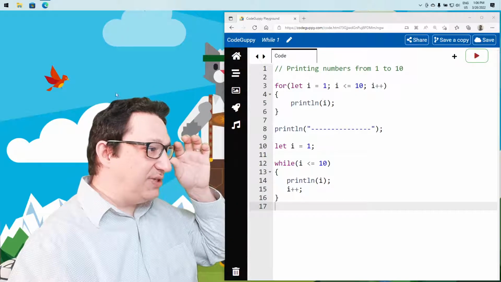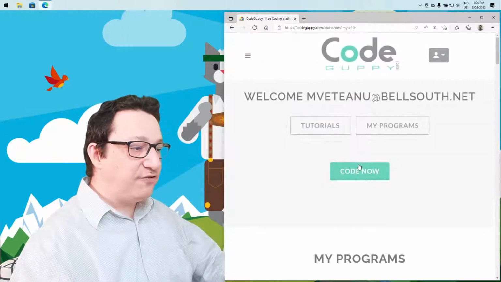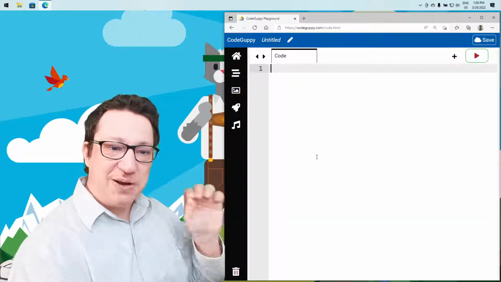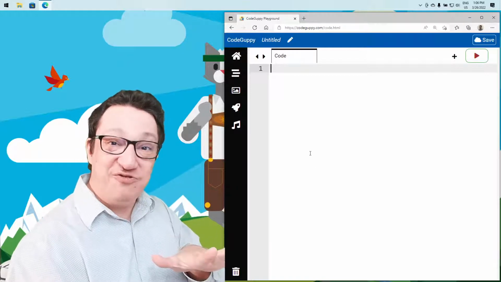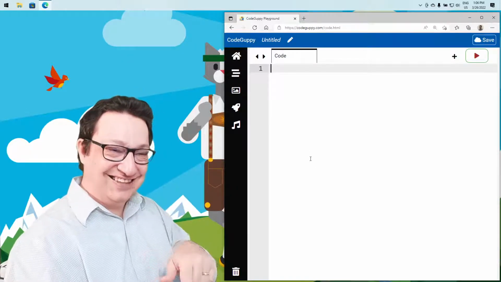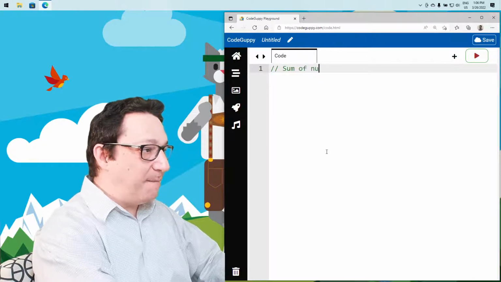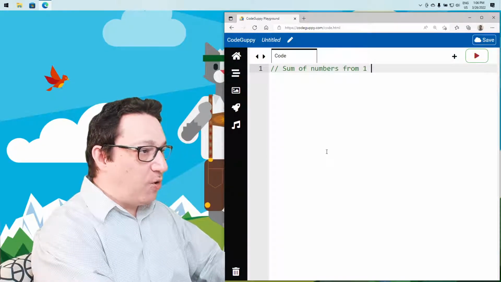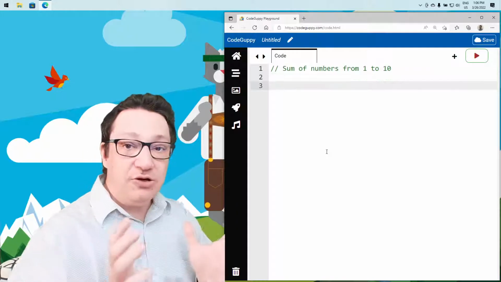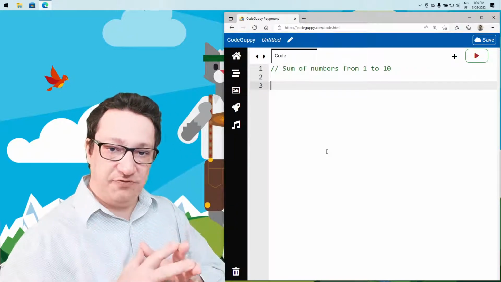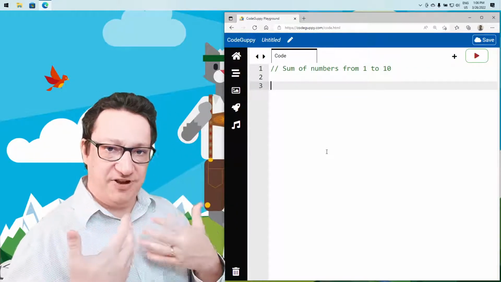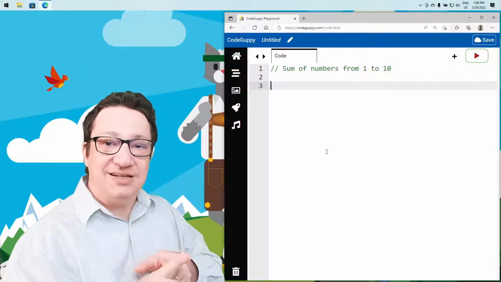Let's start with another one and do the sum of numbers from 1 to 10, similar to this one, but this time we'll do it without writing the for version first. Shall we? So let's put a comment here: sum of numbers from 1 to 10. The algorithm is the same that we used with for before. I'm just going to mention the algorithm verbally, and then we'll try to encode it using a while